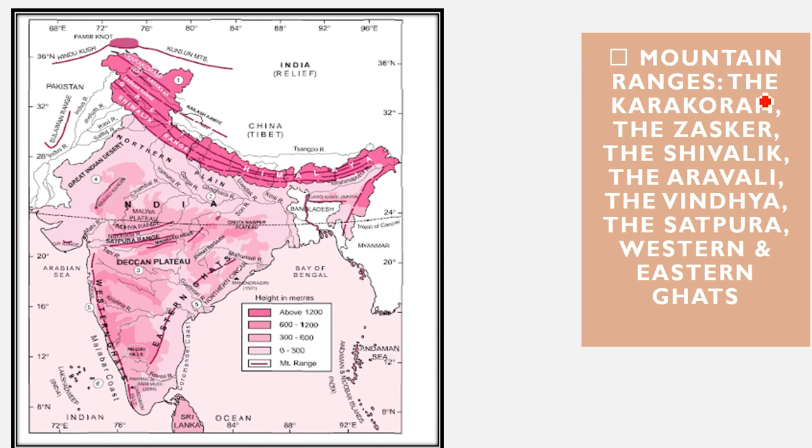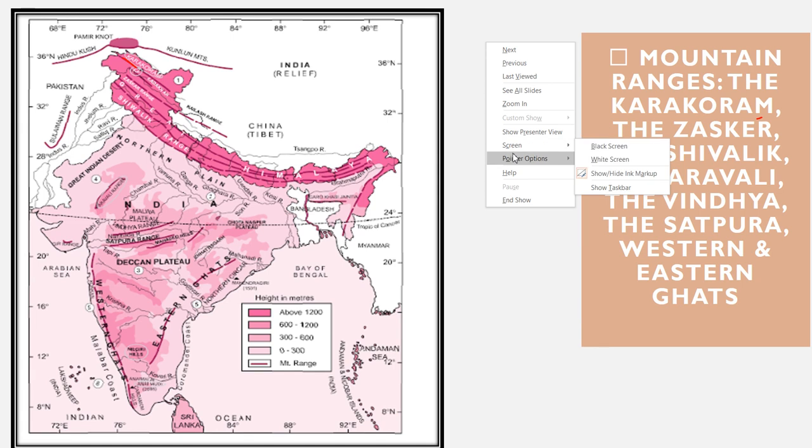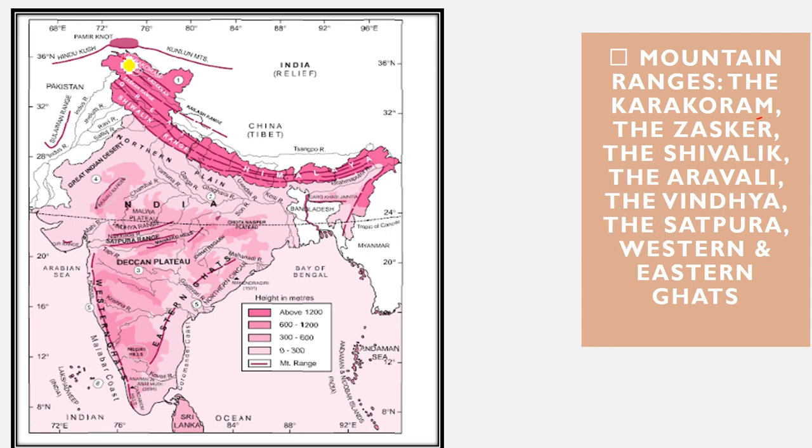Now let's go for the first one, that is Karakoram. Now you can see the Karakoram range here, right? Karakoram. Perhaps I'll use a different color pen. Right? A range. It is a range. So please locate in a line so that it is a range. It is not a single place. Then comes the Zaskar range. We'll see the Zaskar range here.